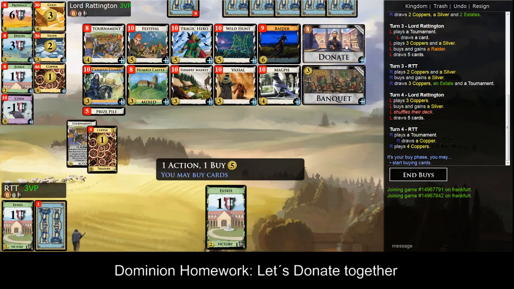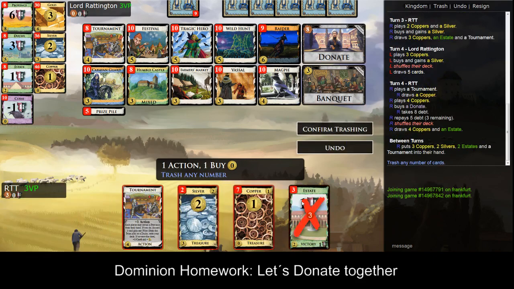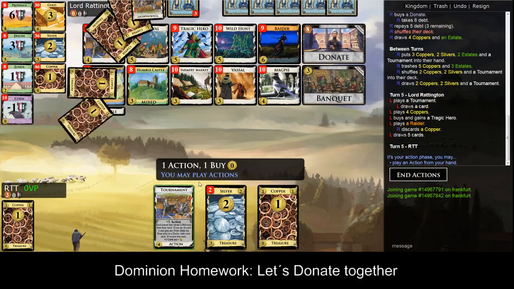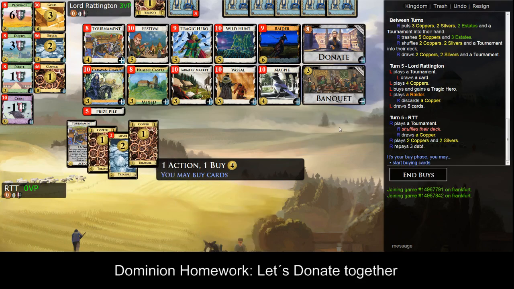And here I Donate down to, I trash all my Estates and I keep 2 Coppers. Oh, my opponent played a Raider, that doesn't hurt at all. So I have 4